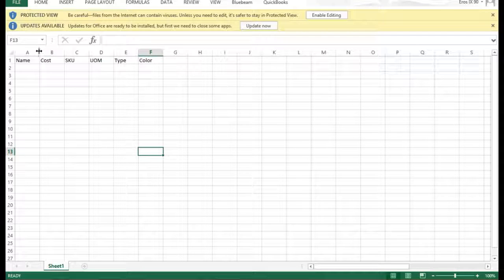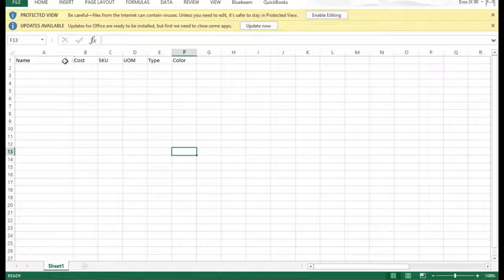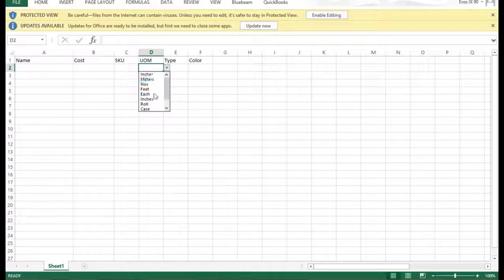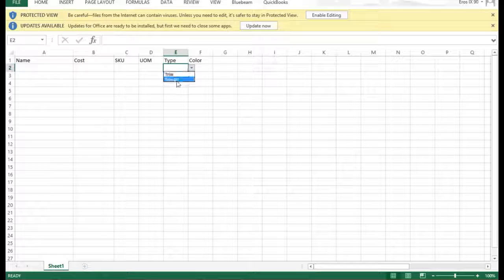You can see obviously it's similar to the other. You're going to have the name of the product, the cost, the SKU number of the part, and what type of format it's in, feet or each. The type is going to be based on if it's a rough or trim, and the color is, once again, for your own benefit. So you're going to want to make sure that information is correct when we do large amounts of different items. And I'm going to show you what this looks like